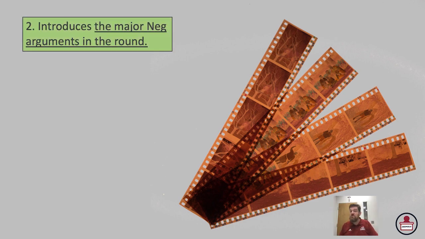They should also introduce the major negative arguments of the round. They should all be introduced in the 1NC. They'll be continuing to develop the rest of the debate, but they should introduce the major negative arguments of the round. And these might include three significant kinds of arguments. The first one is a topicality argument. You'll also hear this referred to as T,